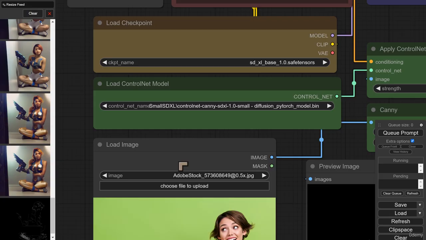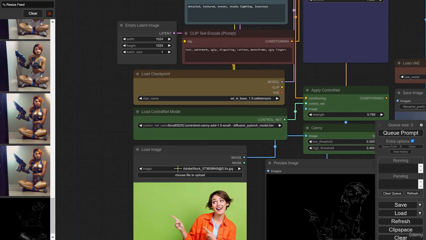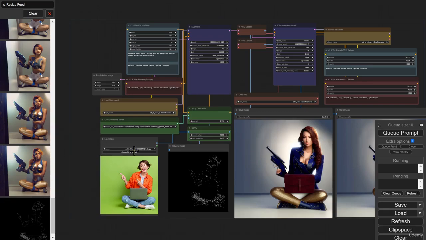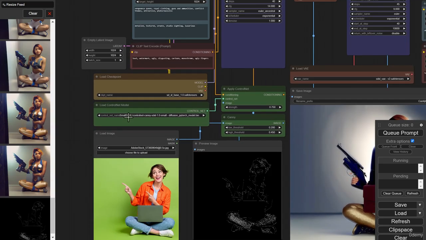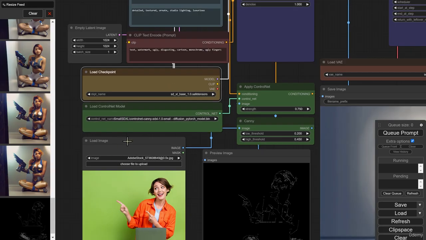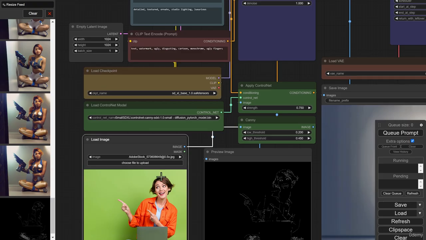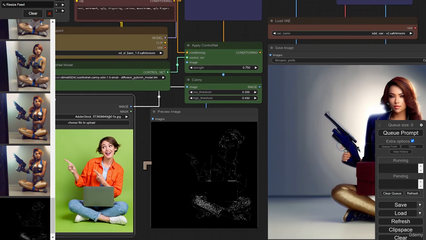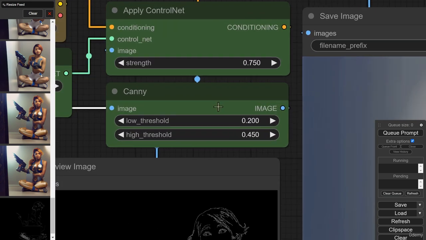Now, going back to where we were, I want to just go through this particular workflow, just explain how everything is lined up. Broadly speaking, the workflow runs from left to right. So we start off by calling up the base safetensors for SDXL, and then we open up this image, and you can choose your option here. You can choose whatever image. This particular one will remember a list of images that you've chosen before. So if you're working with several images, it will give you an option to pick a previous image that you used before. We've got the Canny here, which is extracted very quickly, and we can play around with the threshold